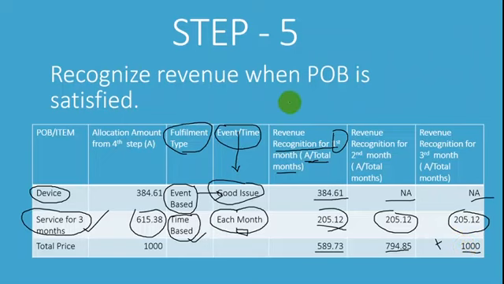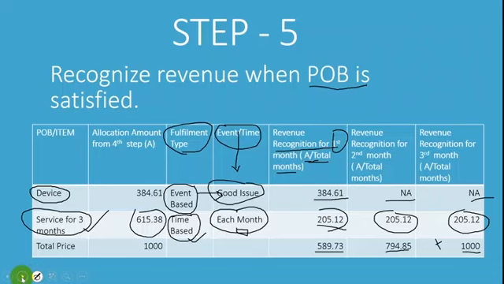See, this is the IFRS 15 5-step framework. If you see, we are recognizing revenue whenever the POB is satisfied. Otherwise, before IFRS 15, what was happening was that in the first month itself, the complete revenue was getting recognized. This is the IFRS 15 5-step framework. Now, on the next slide, we'll see